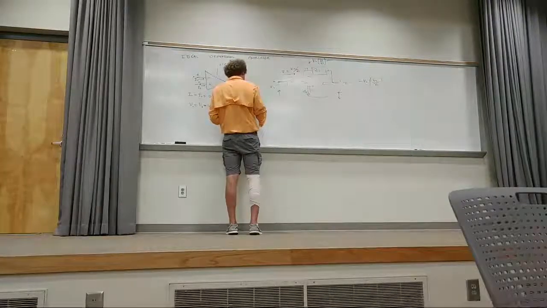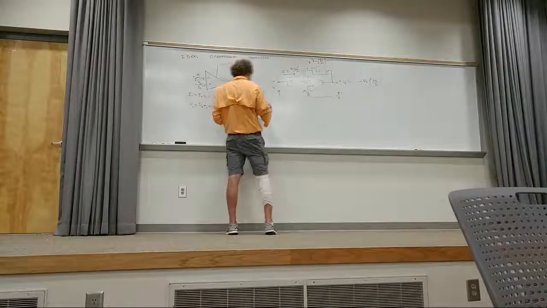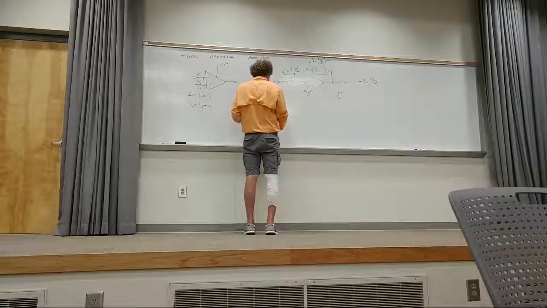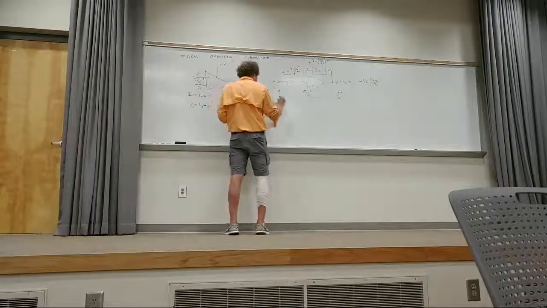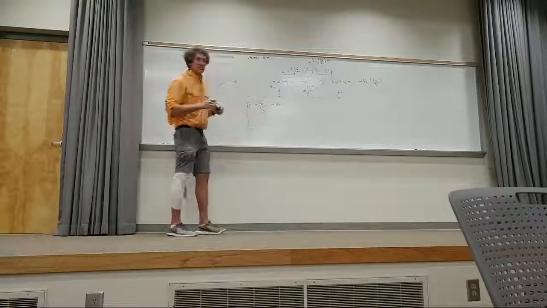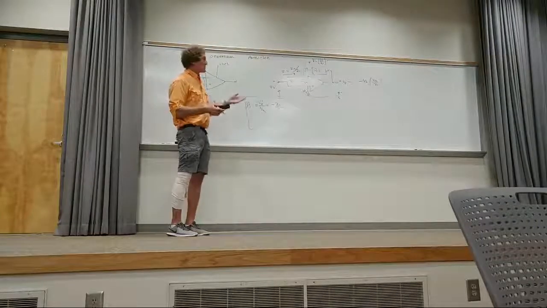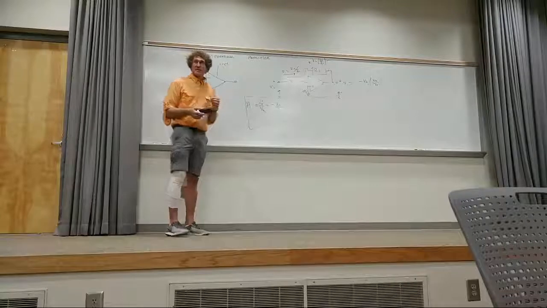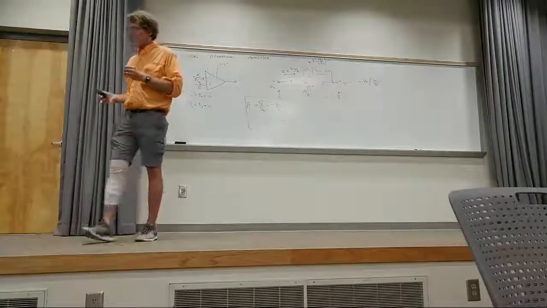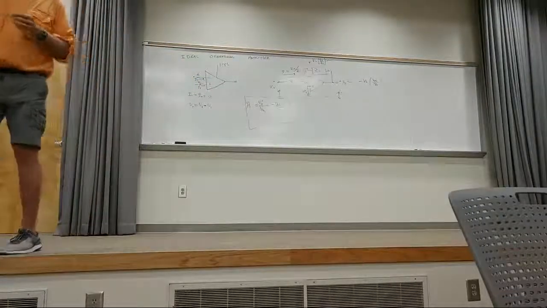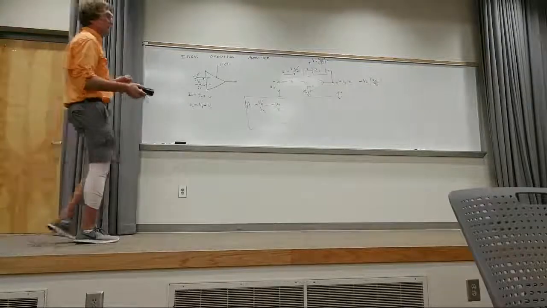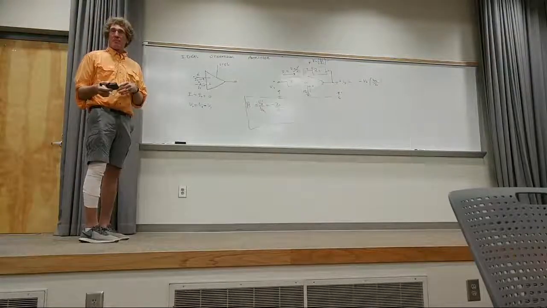The transfer function, in this case just H, is simply going to be minus Z2 over Z1. And it's that simple. Are you with me, class? That's the general transfer function for a circuit that looks like this. Agree? Now I'm going to show you ways of implementing any constant and any 1 over S term based on